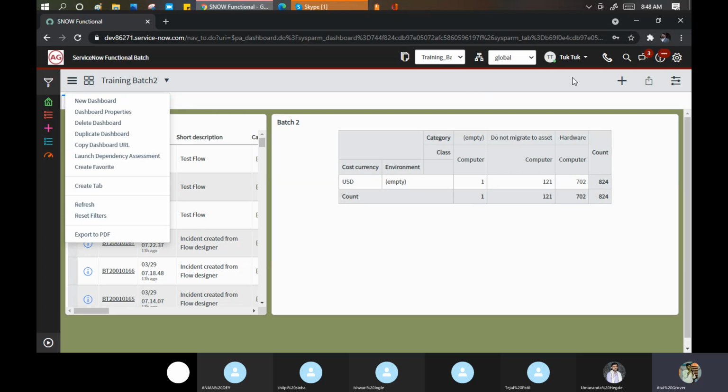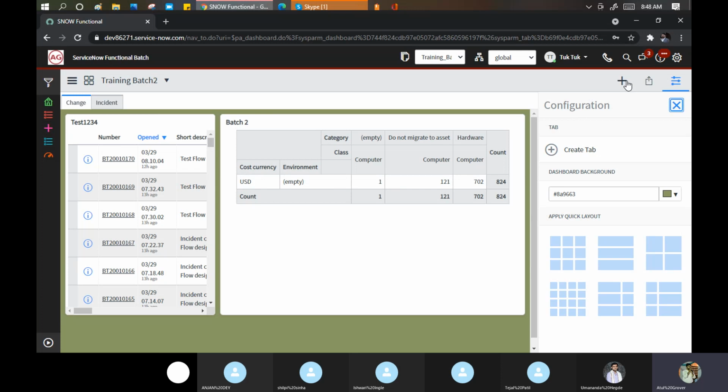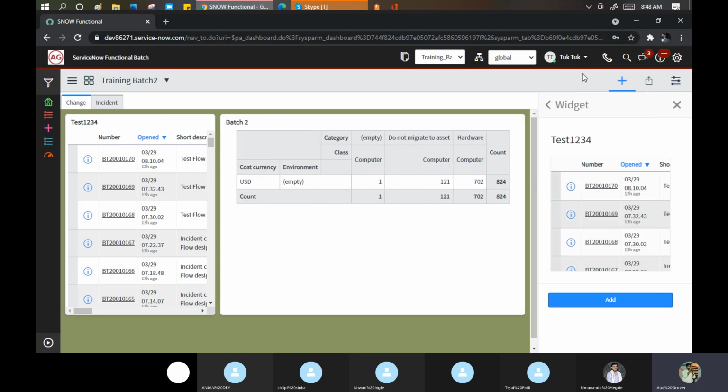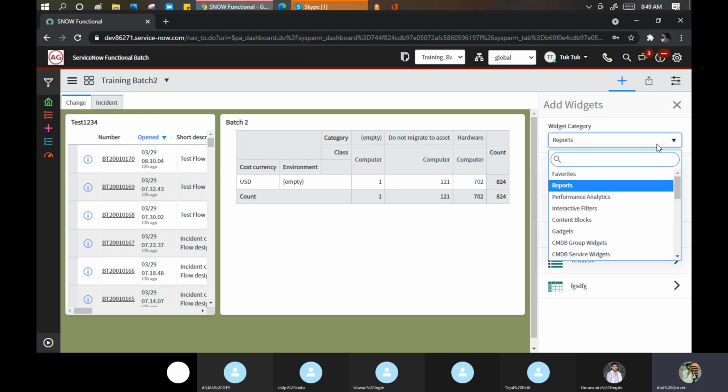Refresh filters. Okay, we are discussing one more point that is called interactive filters. Let's see what those interactive filters are.